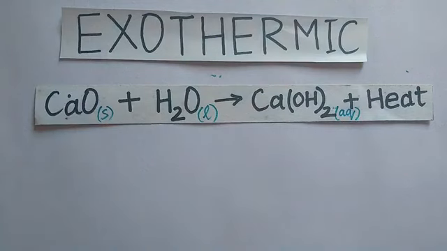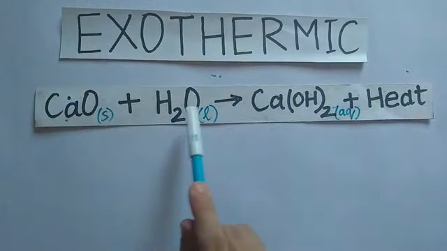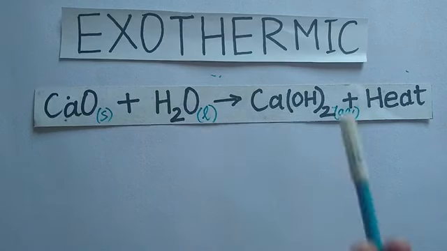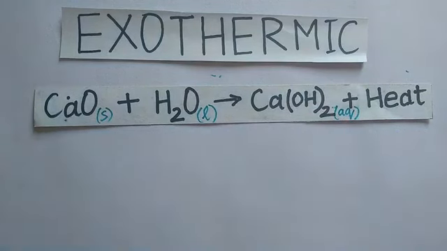Now look at the irony. Calcium oxide reacting with water, giving something that is warm. Just imagine adding something to water, and that element will produce heat. Because usually when we think of water, it is something that is putting out a fire, right? But here in this case, when water is added to this compound CaO, it is giving us a warm product, Ca(OH)2. So this is an exothermic reaction.